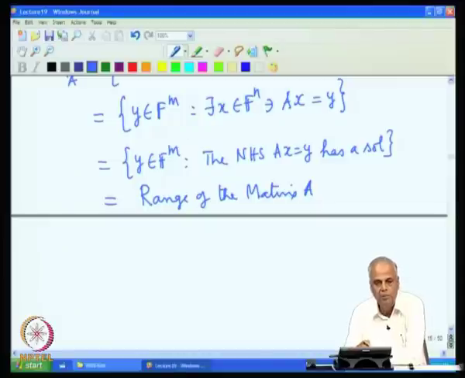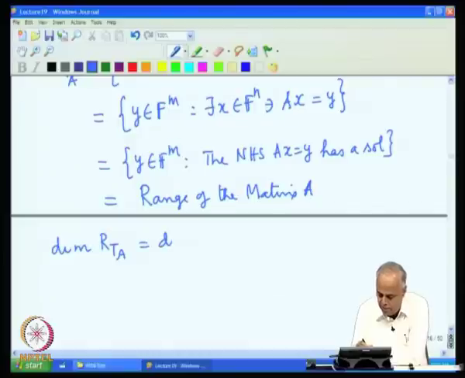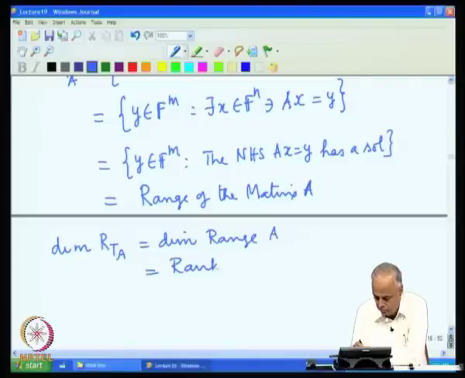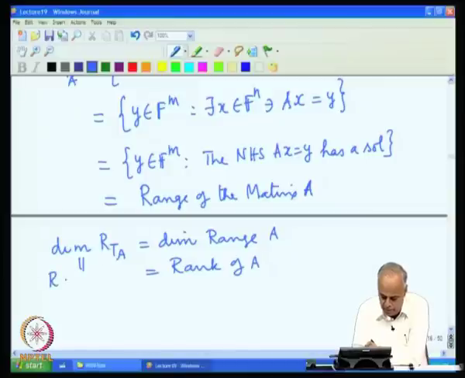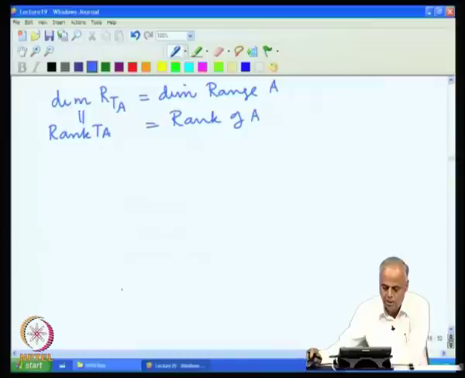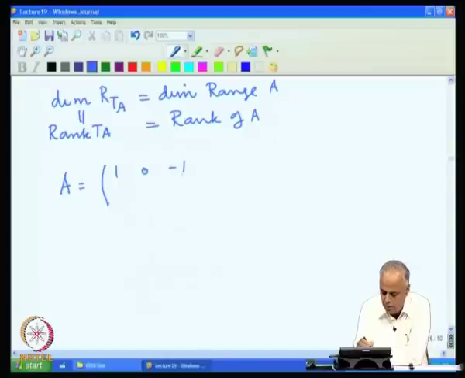And the dimension of this is called the rank of A. So, the dimension of R(T_A), which is the same as the dimension of the range of A, is called the rank of A, and it is also the rank of T. Then let us go back to that example, the matrix 1 0 minus 1, 0 1 minus 1, mapping F